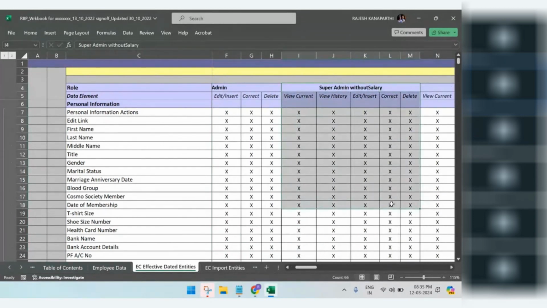Guys, this is with respect to the customer. These requirements will be there, customer to customer. These requirements, you have to do it. Okay. Now, after writing all the permissions like this,